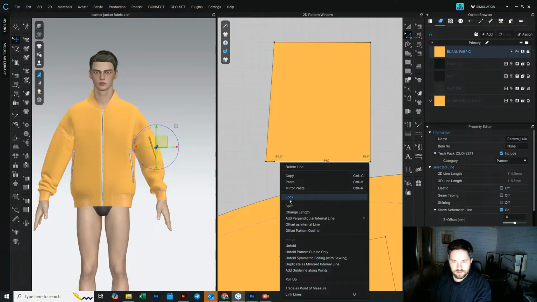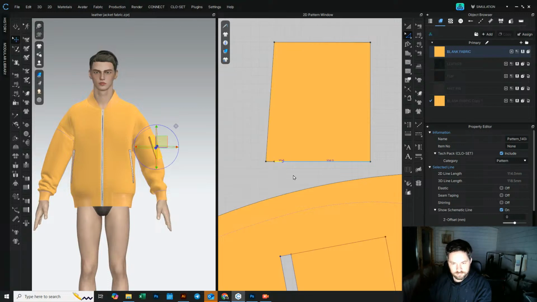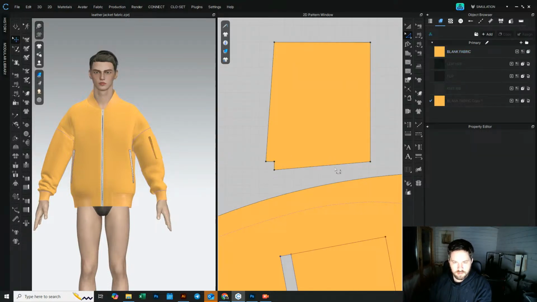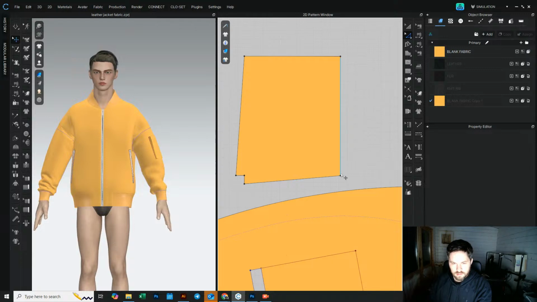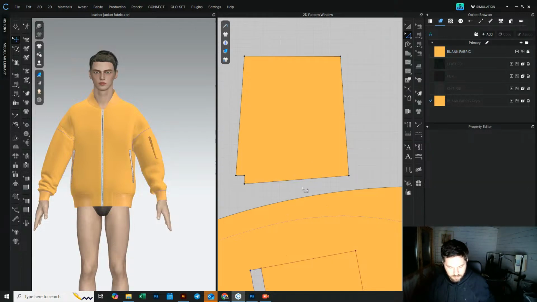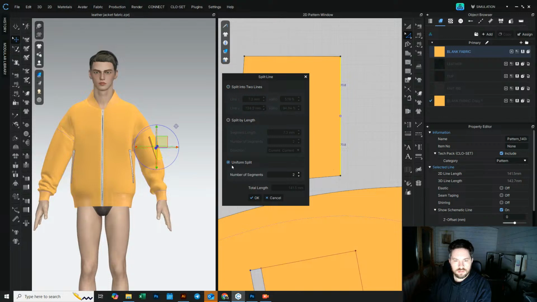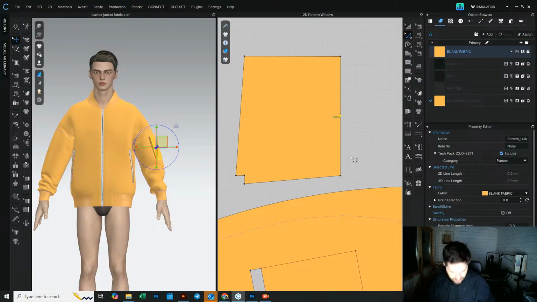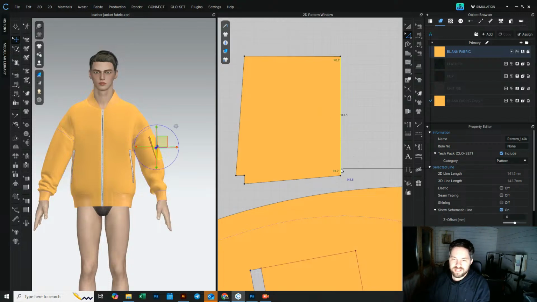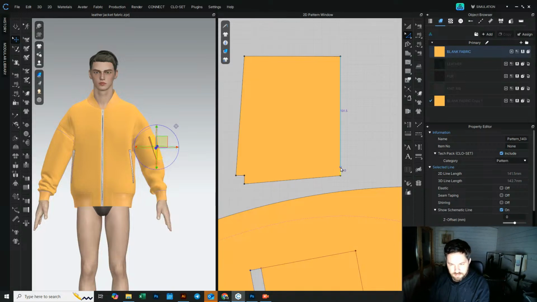And then I need to split at 10 again. There we go. So there. Oh, no, that doesn't work that side. What did I do that for? I need to split at 10. And the reason why I need 10 is because that's 1 centimeter, and I can just simply